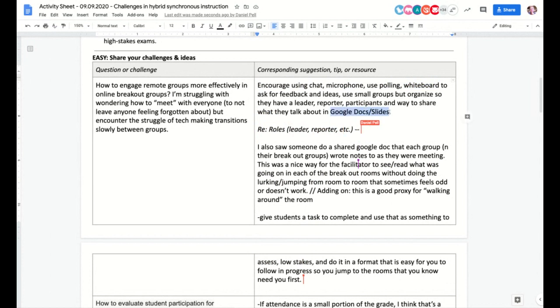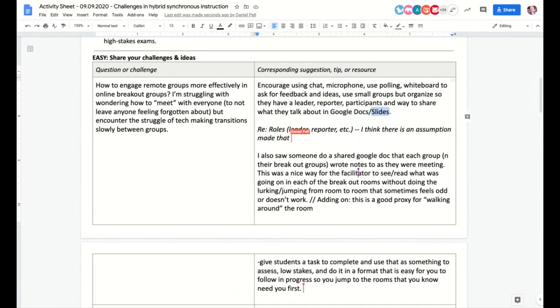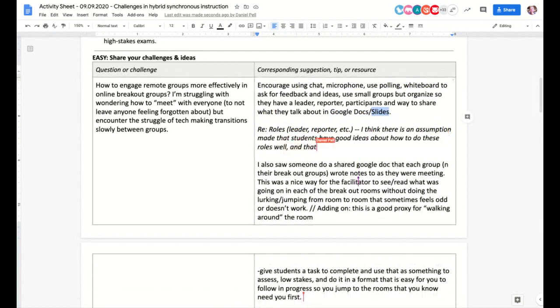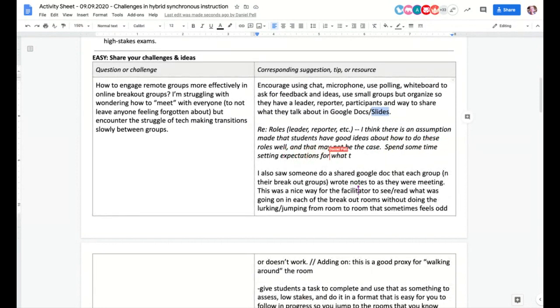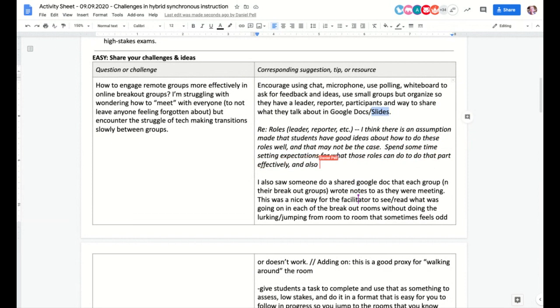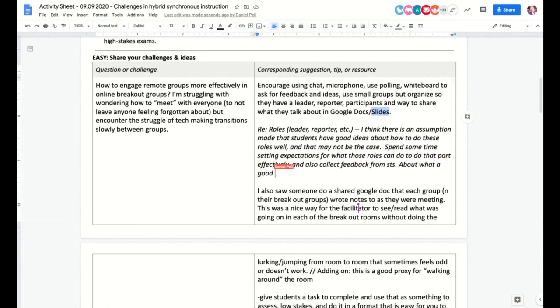One of the things that I really love that I've seen them do as well is using Google Docs like we are, but also Google Slides. So using Google Slides is a really great way to do a couple of things. One, you can give your students breakout groups: have a set of Google Slides where, if you've got 10 breakout groups, you've got 11 slides. On slide 1 is the instructions, and slide 2 is group 1. Slide 3 is group 2. So I guess you don't need the title one if you put the prompt on every slide, but then the students just go into that group, right? So they're in breakout group 1, they go to the slide for group 1, and there's the question, and there's